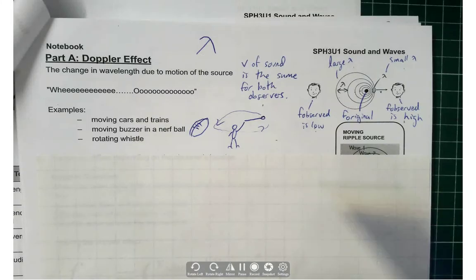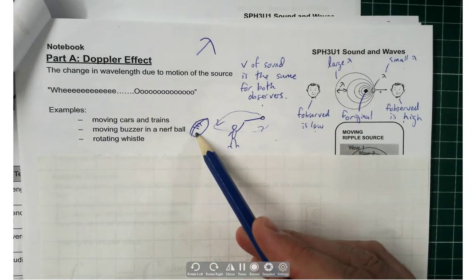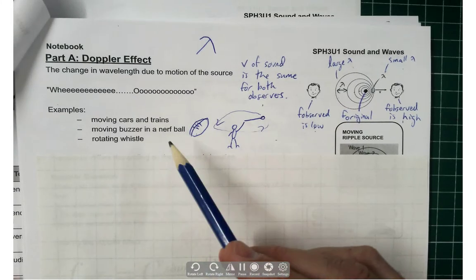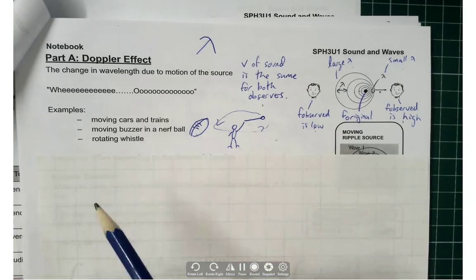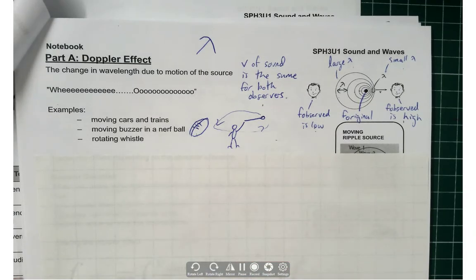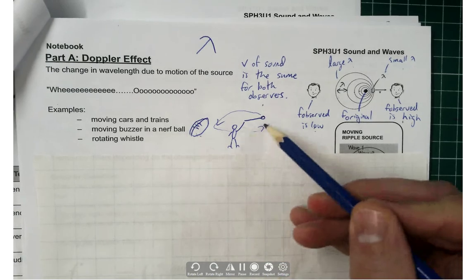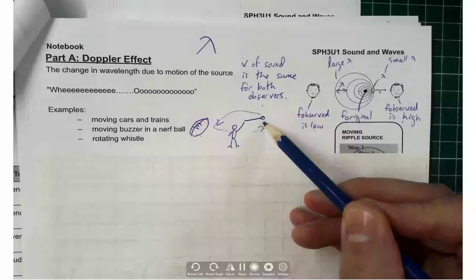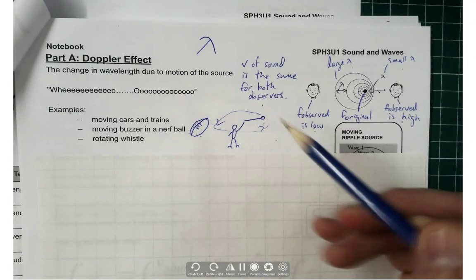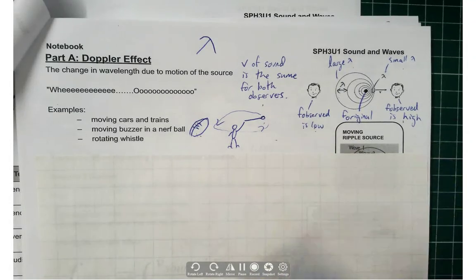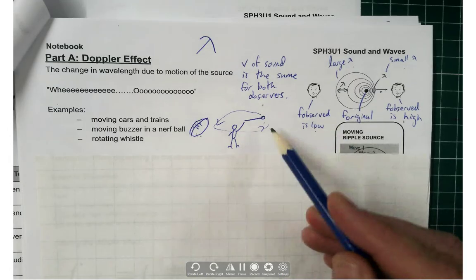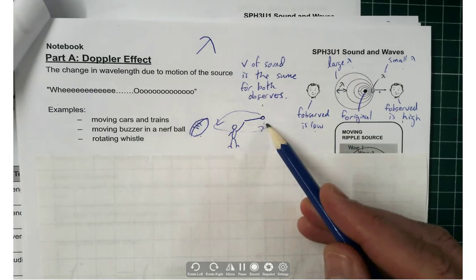In the past, I used to have a Nerf sponge football, and I had a buzzer inside. And when I threw it at a student, they'd hear, ee. And when they threw it at me, they would hear, ooh. Now, that was such a cool little toy that somebody stole it. Another cool little toy that I had was a noisemaker that I would put on the end of a string. Now, you can do this with a cell phone if you care to take some nylon stockings, and download a tone generator on your phone. And the tone generator will make a constant